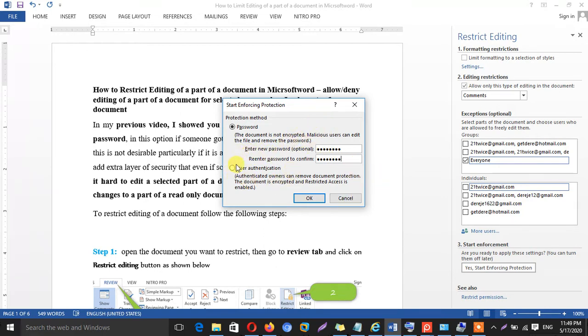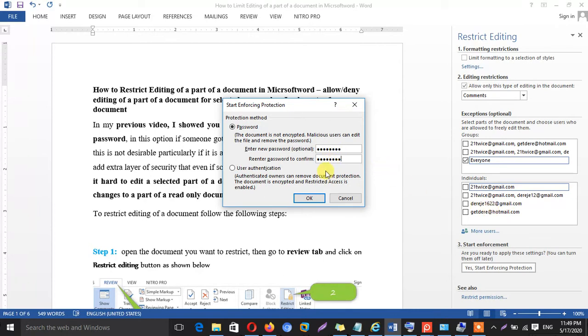If you select user authentication, we have to type an email address as I typed here. This email address will be used to authenticate this editing, but this requires Microsoft Rights Access Management to be enabled.